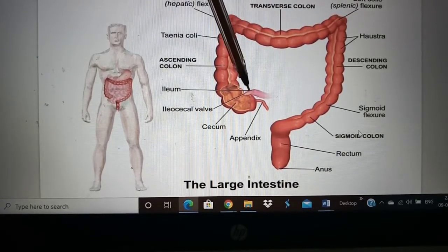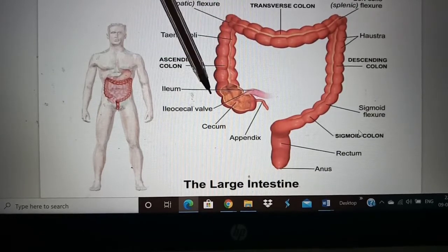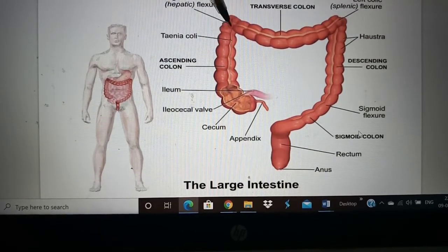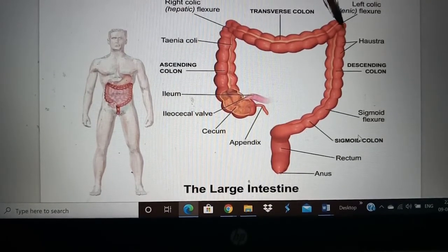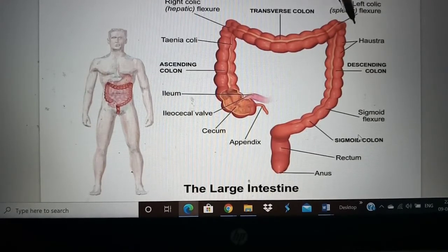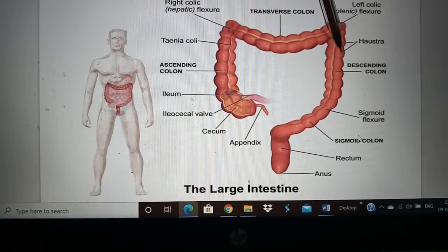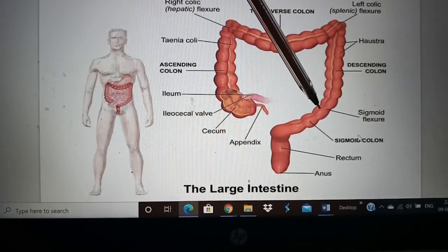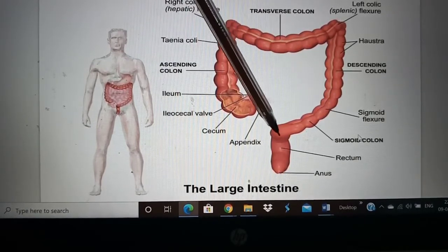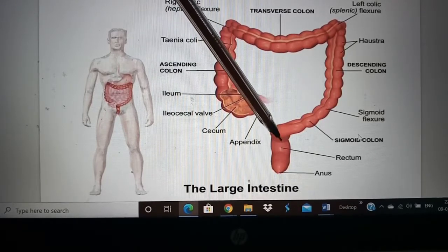The ascending colon ascends on the right side of the abdomen, reaches the inferior surface of the liver and turns abruptly to the left to form the right colic flexure. The colon continues across the abdomen to the left side as the transverse colon. It curves beneath the inferior end of the spleen on the left side as the left colic flexure and passes inferiorly to the level of the iliac crest as the descending colon. The sigmoid colon begins near the left iliac crest. It projects medially to the midline and terminates as the rectum at about the third sacral vertebra.